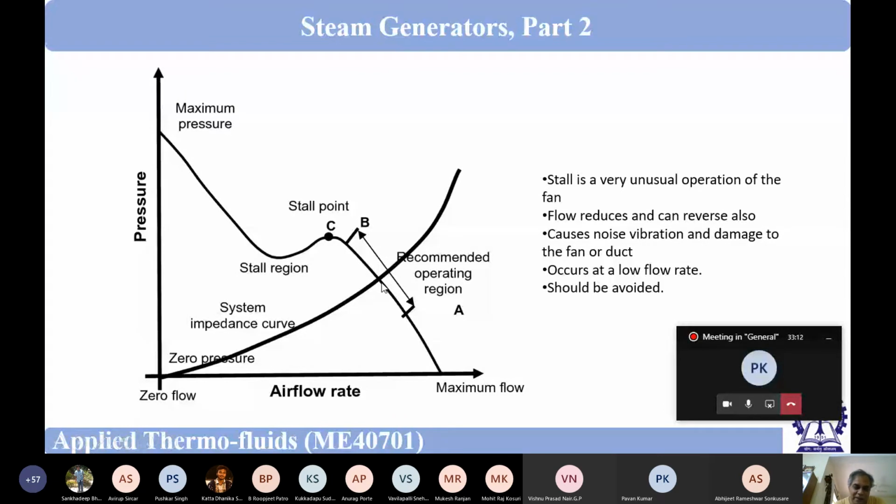That means if I attach one fan with duct A, we will have some flow rate, obviously. And we will have some other flow rate if I attach it with duct B. So the operating point will change depending on the resistance of the duct, or depending on the duct characteristic curve. Is this point clear?